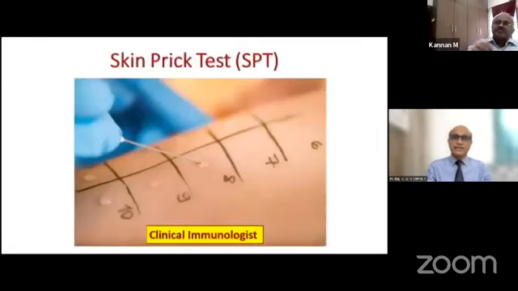Normally, if you have to test for certain things pre-op, it's better to do a skin prick test. It's a very easy way of performing it: you take a small drop of the pharmacological agent which you are going to use, put it on skin, and then create a skin puncture. And then look at the dermal wheal which forms around it. And if it is more than 5 millimeters, it will be positive. But this is generally done by a clinical immunologist. But these are readily available allergic tests